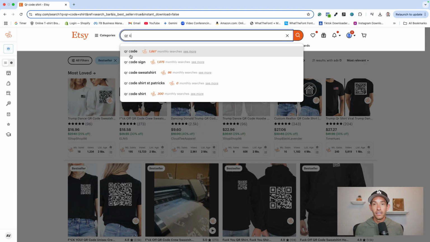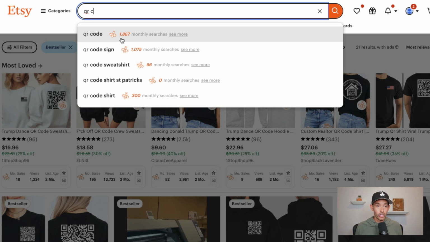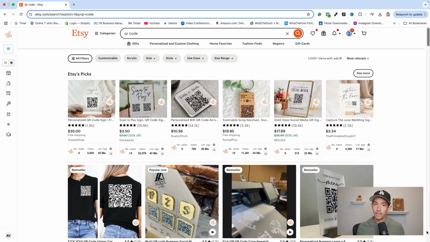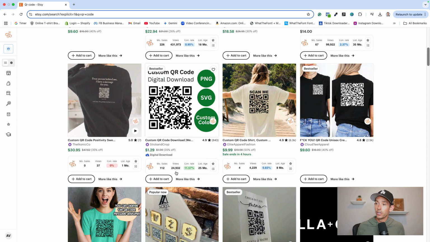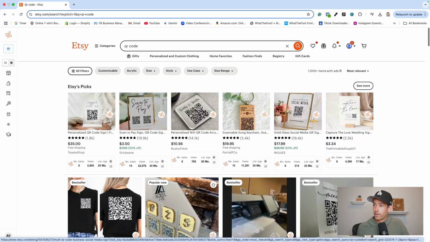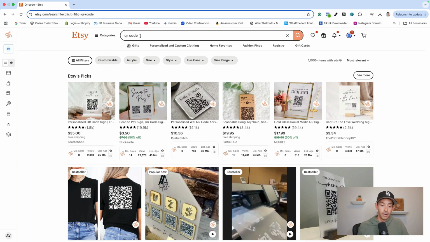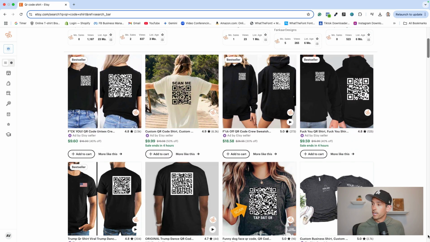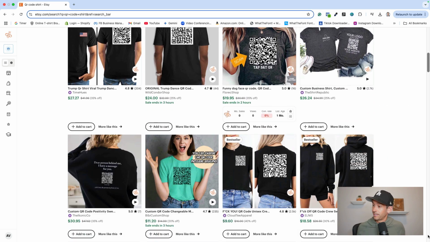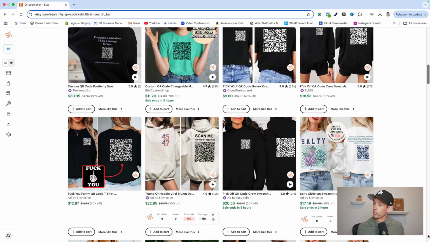I hopped into Etsy to conduct some product research, and there are currently over 1,800 monthly searches for the term QR code just on Etsy, signaling surprisingly strong demand. I went ahead and ran that search, and immediately we can see that a number of the products here are shirts. So here we have a sweatshirt, we have a t-shirt, we have a hoodie. There are some non-apparel items here. So I'm just gonna get a little more specific and put QR code shirt. This is gonna bring up a lot of shirts using this design trend that we can use for research and